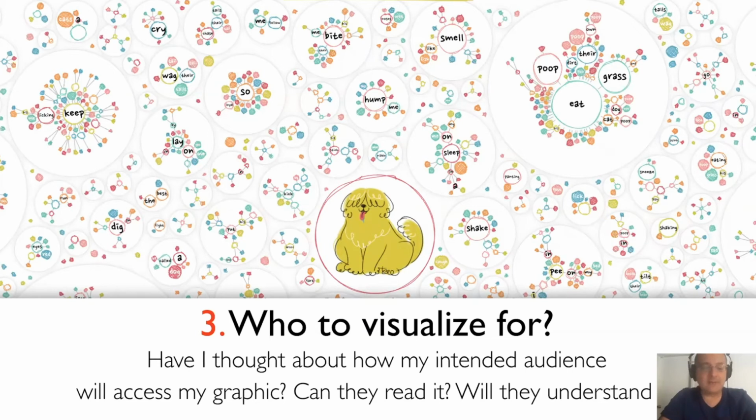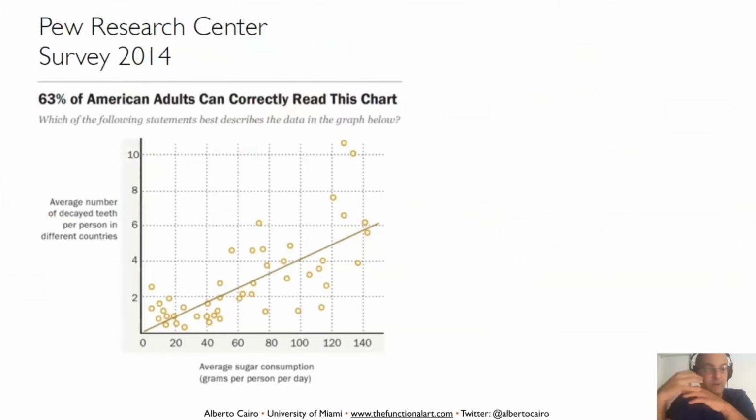But not only that, we also need to think about the level of literacy that those readers have and how we can address that. One of the things that I mentioned in How Charts Lie is a survey by the Pew Research Center that in 2014 discovered that "only" 63% of Americans can read a scatter plot correctly. Only, right? And they framed this story. They conducted a survey and asked a sample of people several questions, and one of them was about the scatter plot. It was a grammatical question: how do you read these?